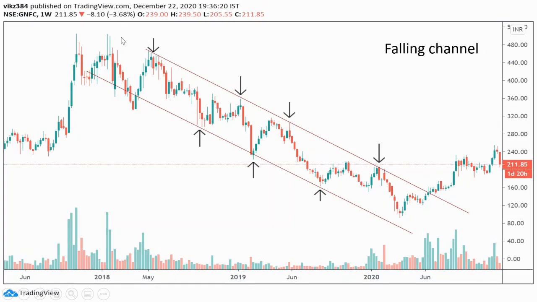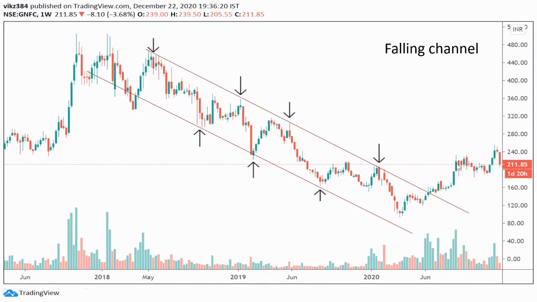How do I know that? See, the price was falling and it was going in a well-defined manner. But if you see this low, this did not even reach the low of this falling channel, which means that there is something brewing up, correct? Now ultimately it broke out from here and there was a swift momentum. This was the first indication.